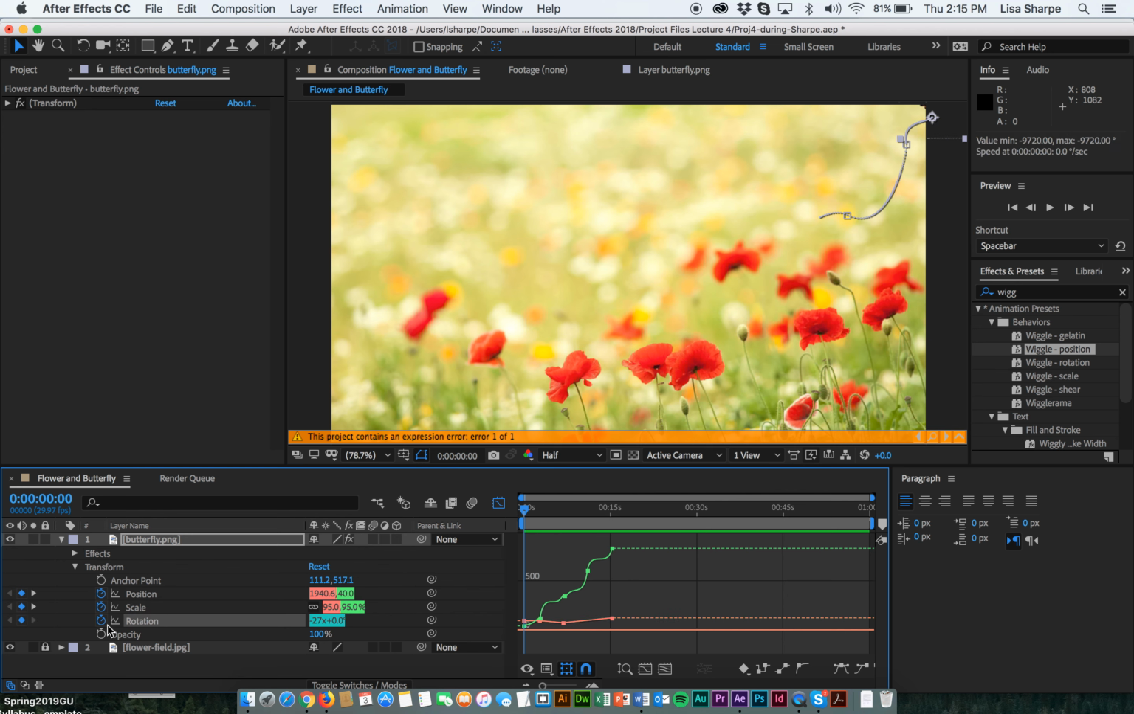Okay, so now let's animate rotation. So starting with a keyframe here where we have the butterfly at a constant rotation, I'm going to move forward in time, and just so we can see this, I'm going to put another keyframe here, and I'm going to rotate the butterfly a little bit. Move forward, butterfly comes onto the screen, add another keyframe, rotate the butterfly back to where it was, add another keyframe,